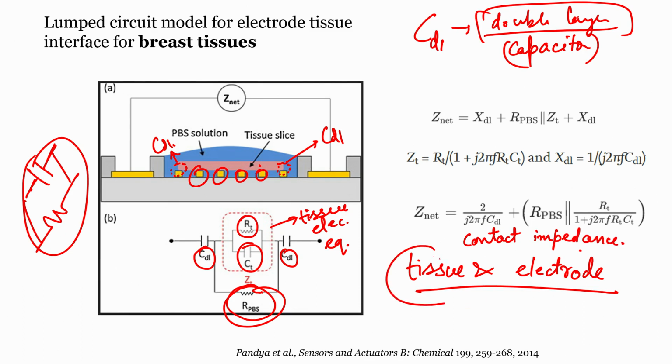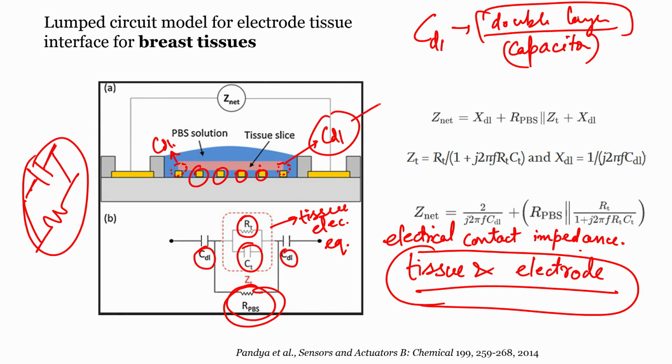And this can affect the measurement to a great extent. Let us say you do not have a proper contact. When I say contact, I mean electrical contact. When you do not have electrical contact between tissue and the electrode, what would it mean? It would mean that this value will be very high, because there will be a lot of parasitic elements, which will mostly be capacitors, that will lead to very high